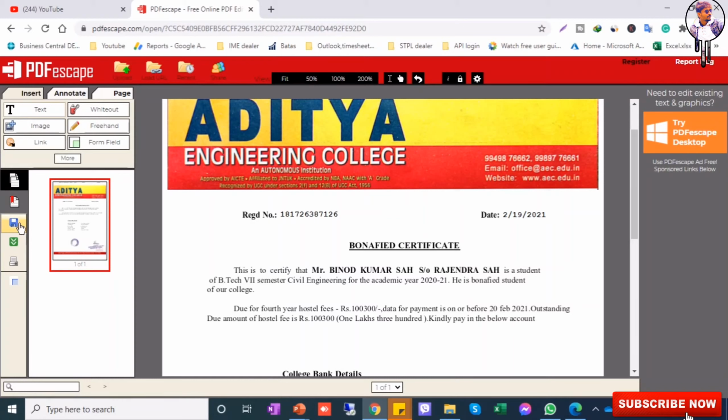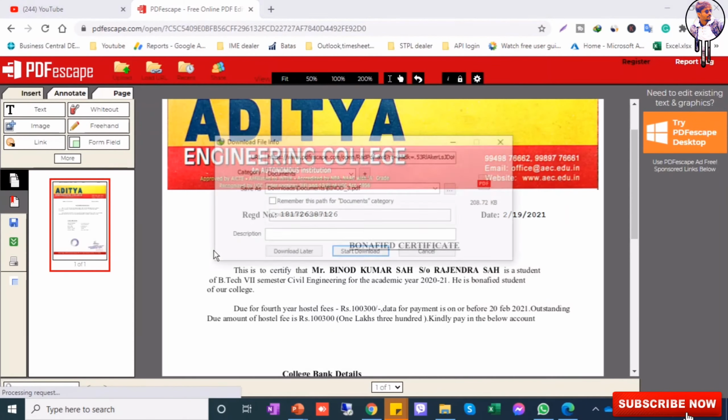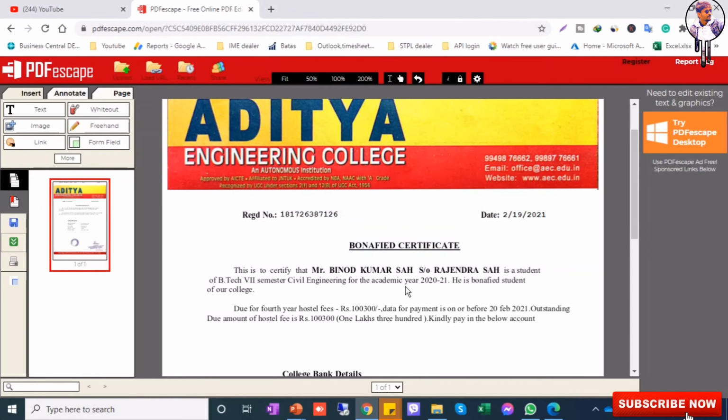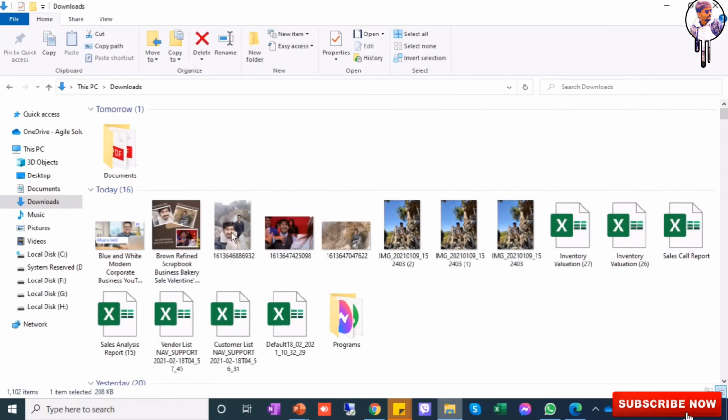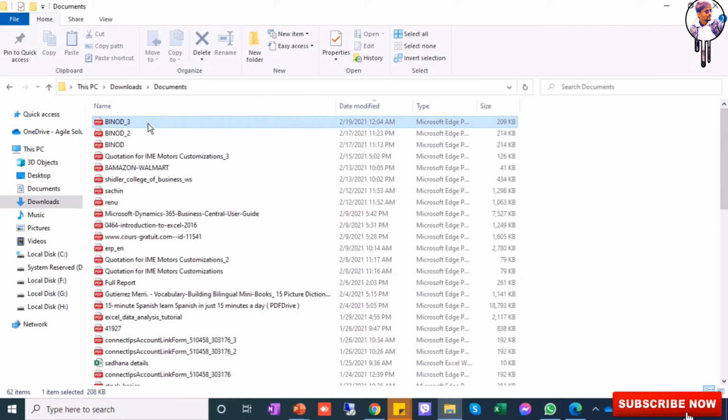So after that I will click here on save and download PDF. I will click here, and then it will download, and you can see below PDF3 is the name of this PDF file, and I will show you here. Start download. It has been downloaded, and I will show it in documents, PDF3. This is my file,